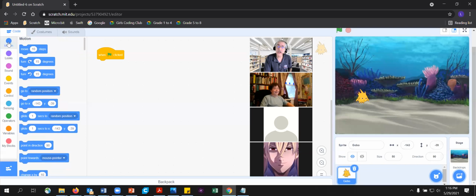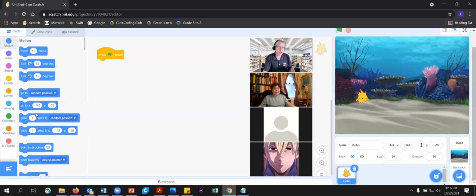It is motion. So we want it to go to. So let's look for a go to. And there's go to random position, but that's not what we want. There's two go tos, which is annoying. We want it to go to a certain XY position. X is this way and Y is this way. So if I drag this one right here,